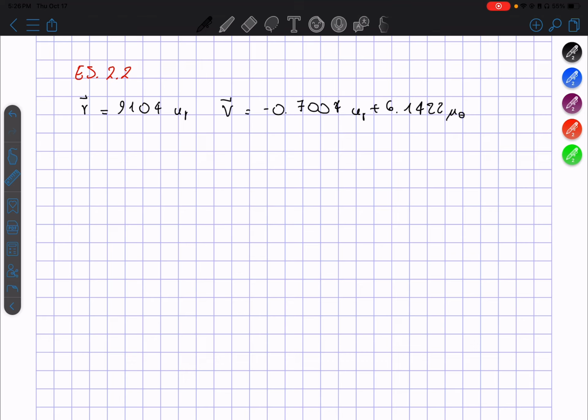There we go. Now let me go back into my code, and I'm going to pretty much just change the initial values, and I'm going to call it a day because that's all I need to do with the code. So this one now is equal to 9104, and then the velocity is negative 0.7004, and then 6.1422. Okay, now again I'm going to write the formulas to find the h vector, r cross v, and then I